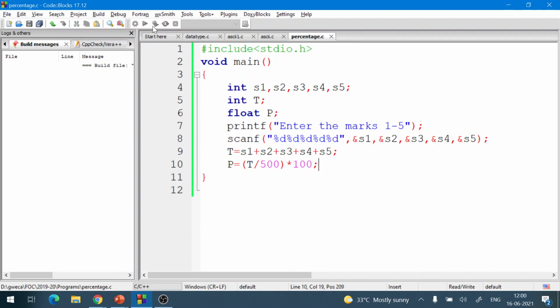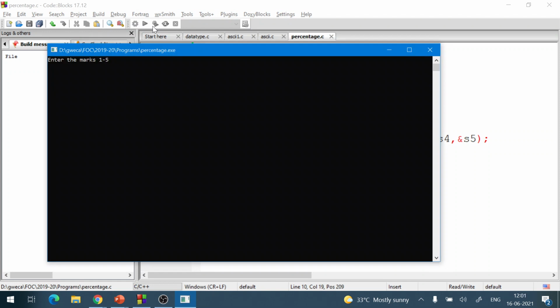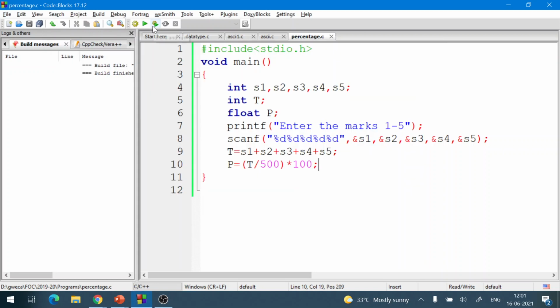So I hope there is no error in the program. It has started and it is asking for the marks. How am I going to enter marks out of 100? Suppose I enter 67, then I press enter, then I add 68 as the second subject's marks, then press enter. Again 68, then 45, then I can take 89. In this way 5 subjects' marks are there, but you can see nothing is printed.